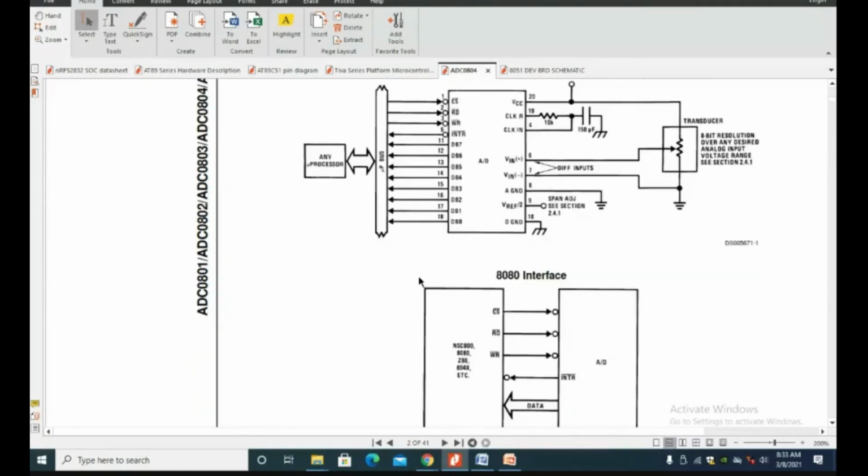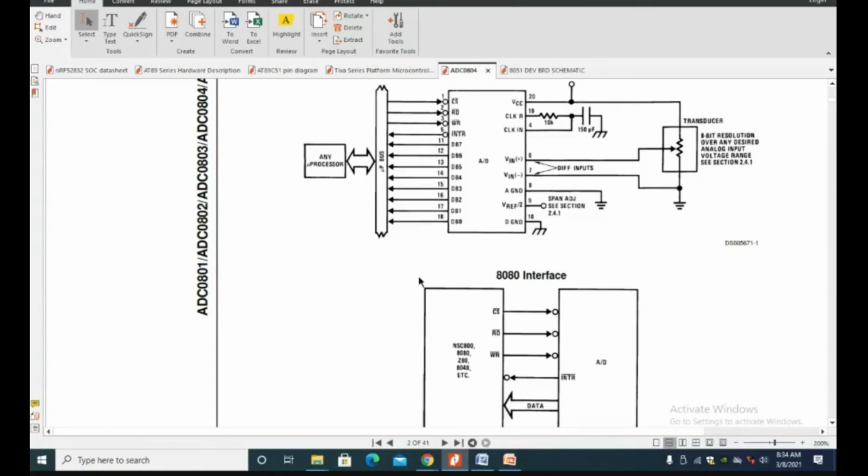So the first is start of conversion, that means how fast the ADC is converting the analog signals into digital. The second one is the resolution, whether it is 8-bit, 10-bit or 12-bit ADCs. And number 3 is V reference plus. V reference plus is going to decide for what minimum value in the analog input the ADC has to produce the digital maximum.